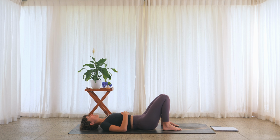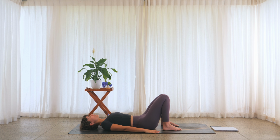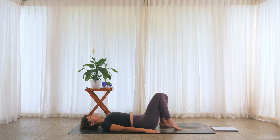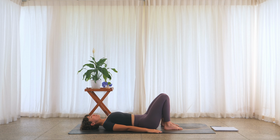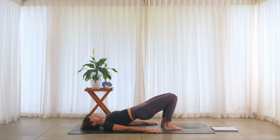Let's take about 3 more breaths here before we begin to move. Bring the hands down by your sides. Walk the feet back underneath your hips if you moved them away. Let the knees kind of point in the direction of your toes. And then start to press the foot down into the ground as you lift your hips up high for